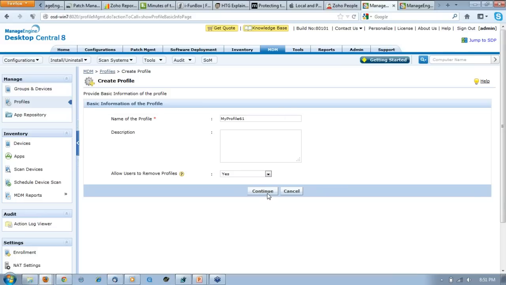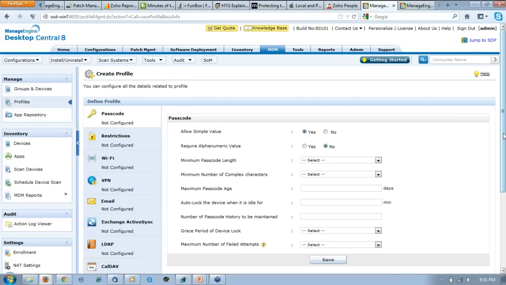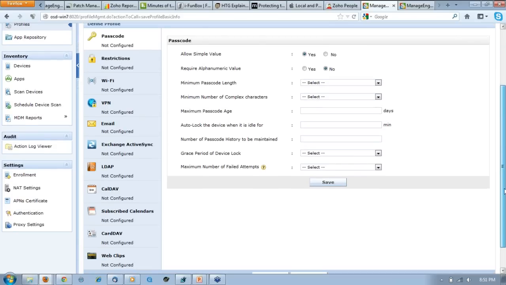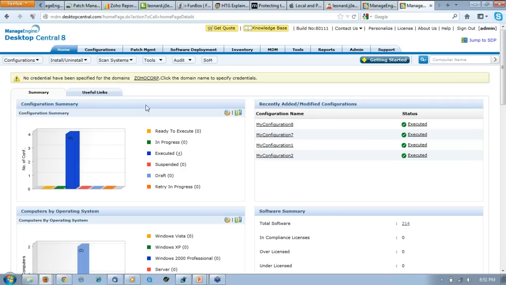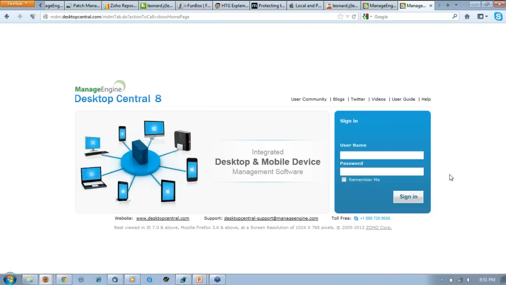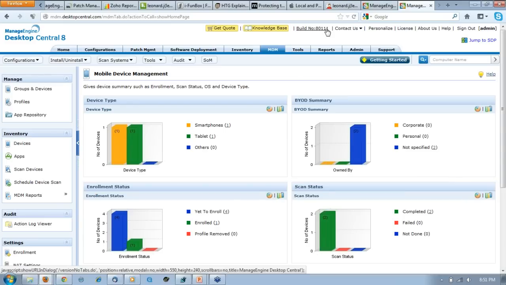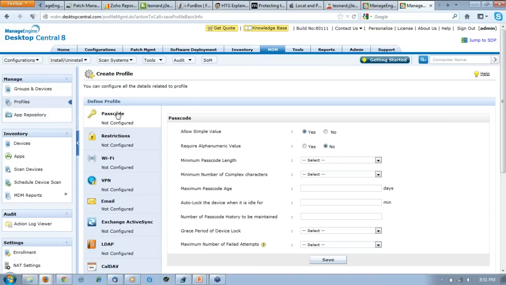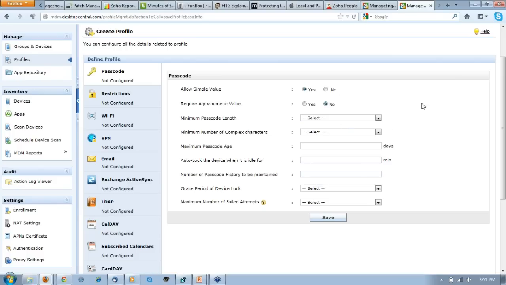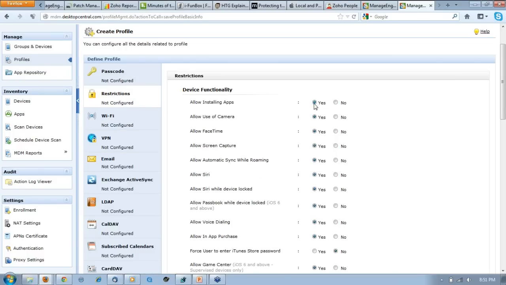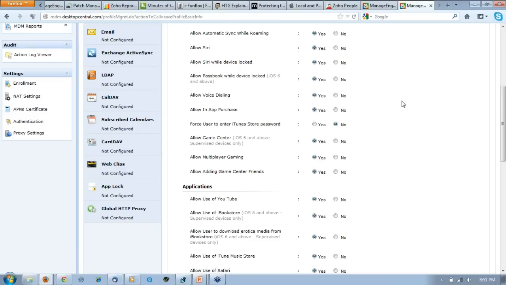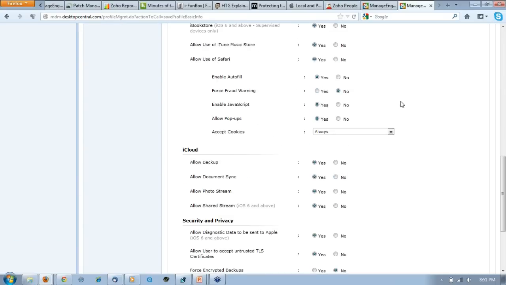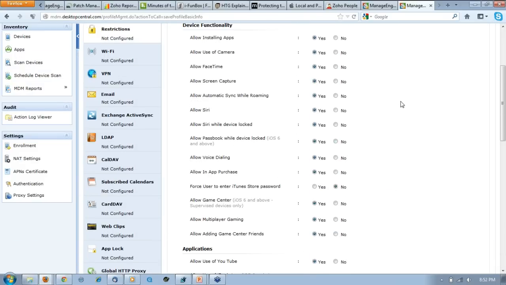linked. Profile is the basic part where you need to have the features configured for the devices. So how we do that, maybe I'll just jump on to a different installation where I should be able to show you the latest iOS, because it's the latest build available here. Now, if you check the profiles, these are the features. The first one is the passcode. You should be able to define the password policy here. The restrictions, these are all the device level restrictions and the app level restrictions or iCloud security level restrictions which